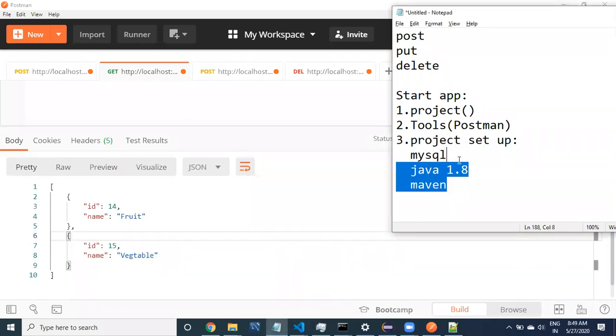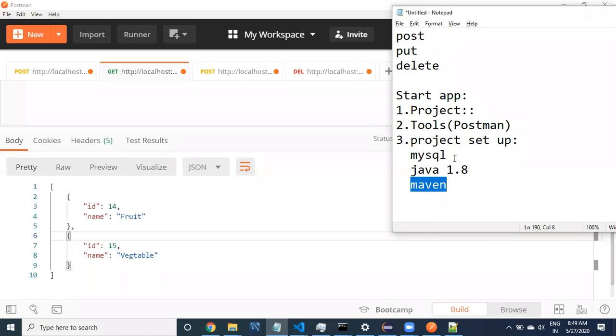When you see this, this is going to be the project. Related to this project, I'm going to tell you what things are required. First of all, I'm going to give you the code, and before that, how to install Maven.